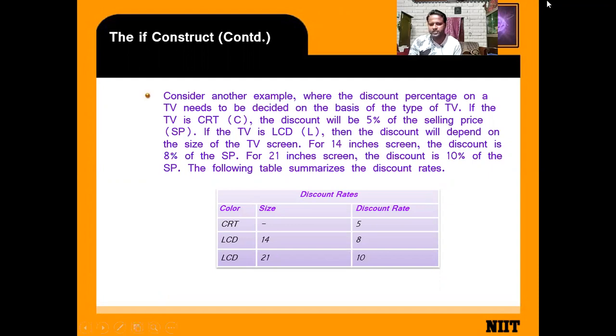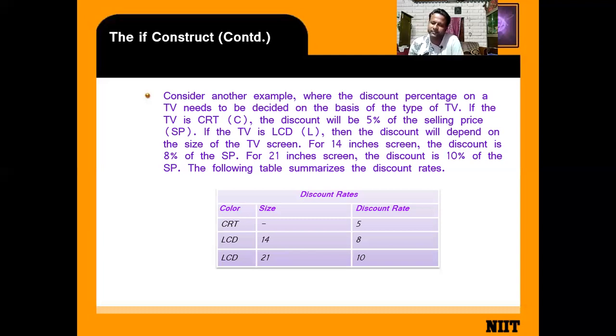The next, here I'm going to show you how this nesting condition is working. Consider an example where the discount percentage on a TV needs to be decided on the basis of the type of TV that you are using.